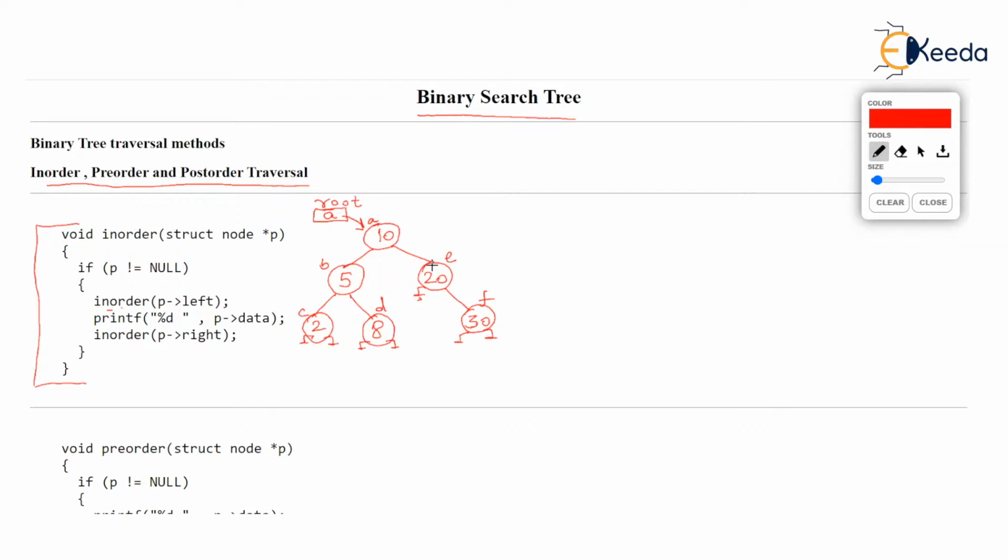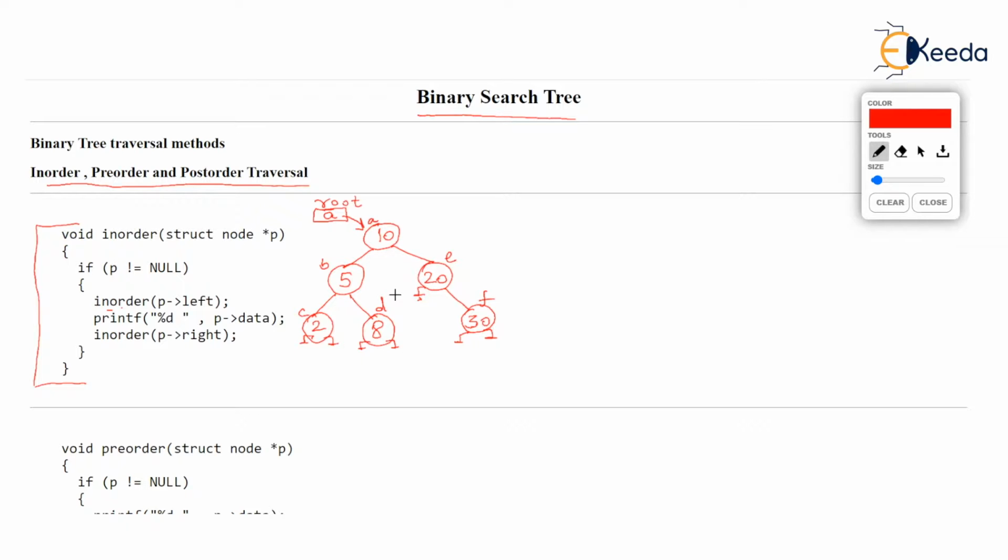And secondly, you know that whenever you have a binary search tree or binary tree, there is always a root pointer. The root pointer will always point to the root node, the topmost node. What that means is root is going to store the address A, the address of 10. So in the entire tree, we know the address of only one node. I repeat, in this entire tree, we know the address of only one node. That node is the topmost node and the address is given by root. Okay. Now our aim is we want to do in order traversal on this.